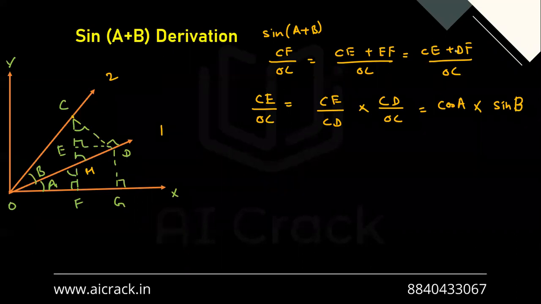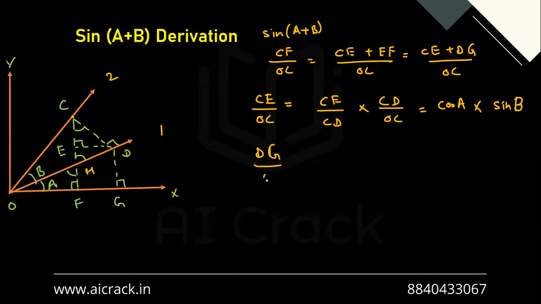Now let's look at DG by OC. Okay. Now again, that doesn't make any sense, because DG is over here, OC is over here. That doesn't make any geometrical sense. So what I'll do is,